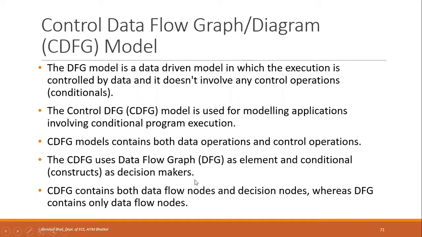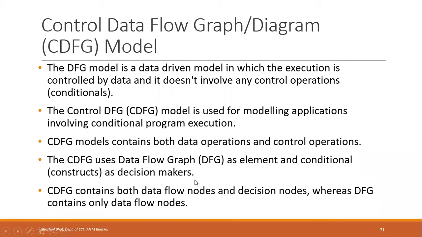If it is equal to 0, then some operation. If it is equal to 1, then some other operation. If it is true, one particular operation. If it is false, some other operation. If it is greater than some threshold, then some operation. If it is below some threshold, then some other operation. If you take some user inputs, if the user presses one particular button, then it has to do one particular operation. If he presses some other button, then some other operation. So there, you are checking some condition. In such cases, you go for control data flow graph modeling.